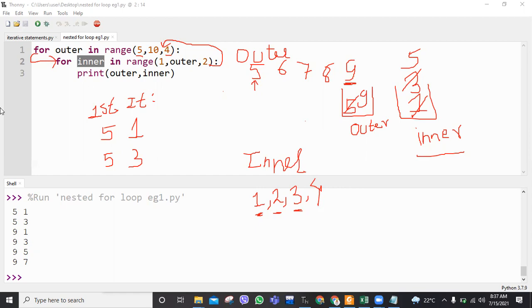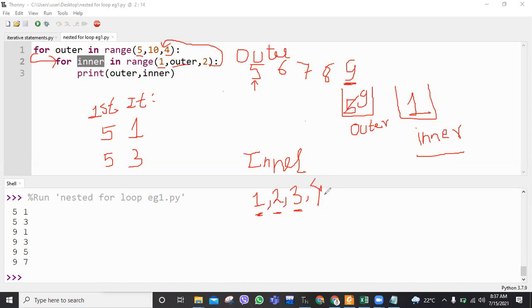So what I mean to say is, the program controller arrived at the inner for loop after receiving a new value from the outer for loop. Again, your program controller gets inside this inner for loop, and here again it starts from 1 only. You have to understand this very carefully. Your inner for loop will reset. Reset means it will again start from the beginning, that is, the value of inner will again start from 1. And as you can see, the value of outer is updated as 9.